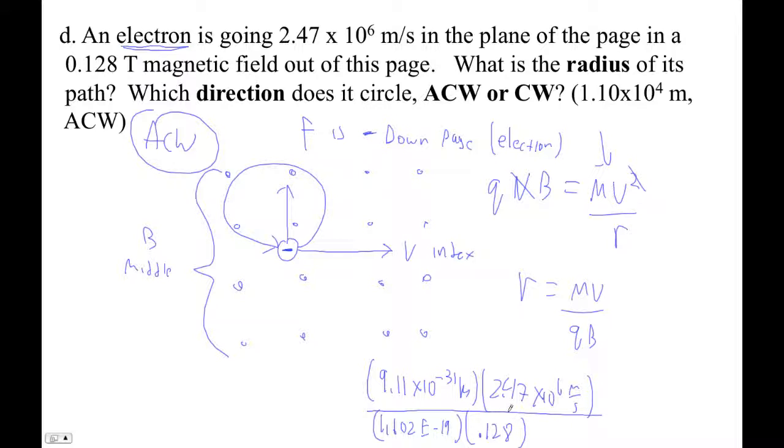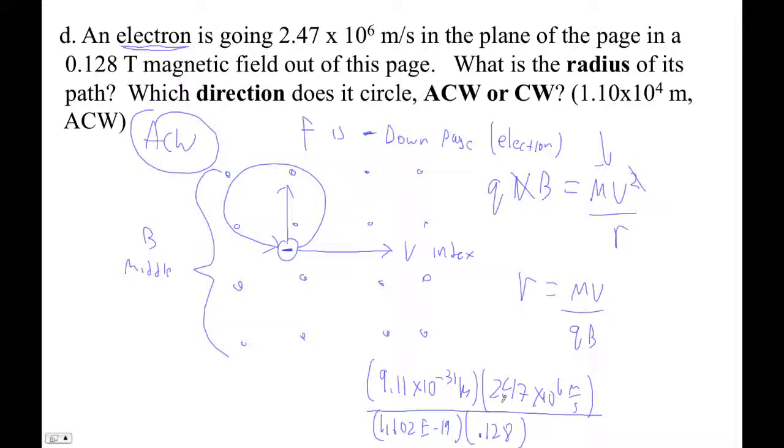All right, so we spring to action. 9.11 E negative 31 times 2.47 E6 divided by parentheses 1.602 E negative 19 times 0.128, right parenthesis,